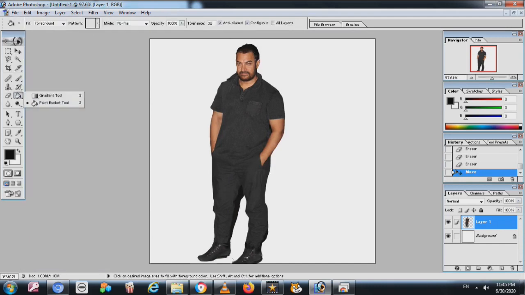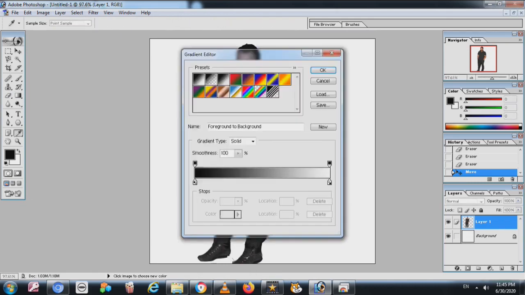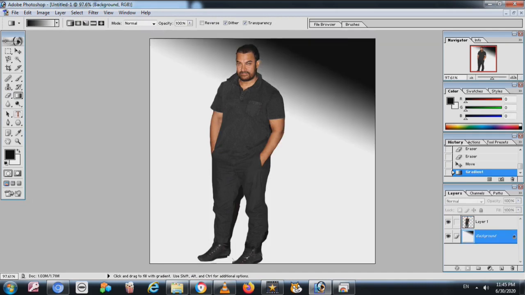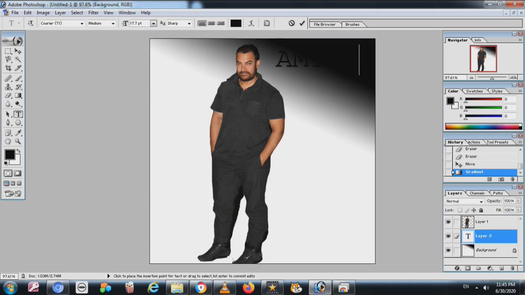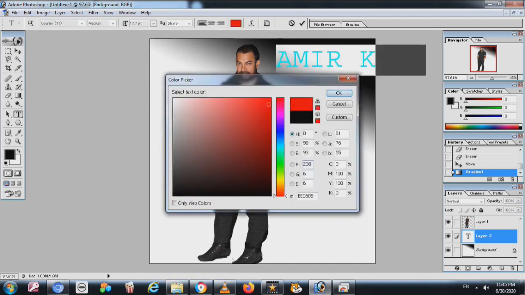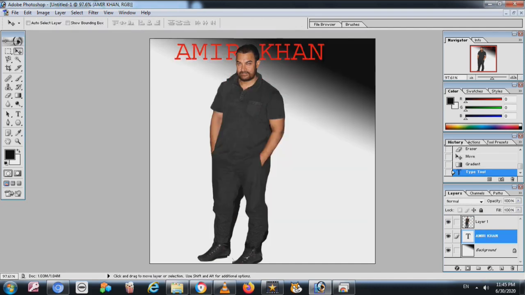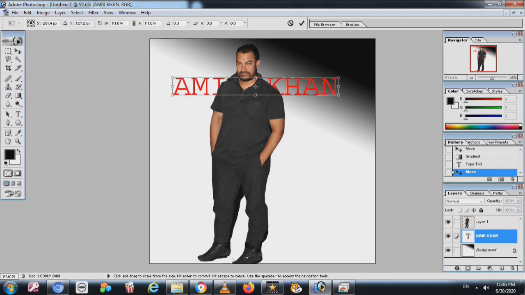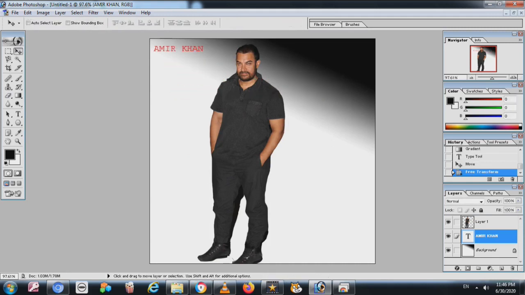If you want to save this, okay, first we change the background, so you will click on the bucket, or you can hold the bucket, so there is the other colors you can choose. Here I write, I will take the text tool, I can change the color on the top. Now you can fix anywhere where you want this name. Again you can press the control T and you can make it big or small.